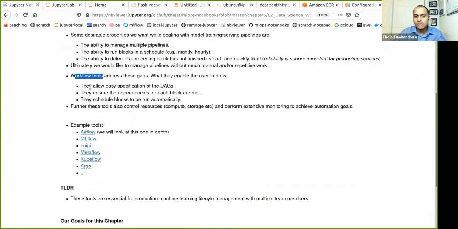Okay, so they allow specification of this ordering. Hey, do data prep first, then train the model, and then get predictions, and then maybe serve the predictions. They ensure that dependencies are met, and that's where things like Docker already take care of dependencies. And so if you keep things modular, you can also better track dependencies. And finally, everything can be automated, right? This scheduling and rerunning of things can be automated.